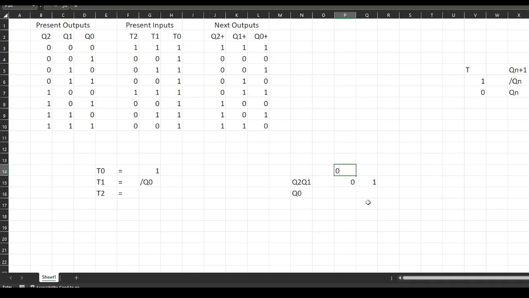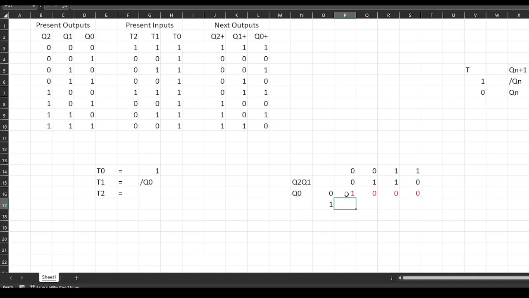Okay, let's write 0 0 0 1 1 1 and 1 0. Those are q2 and q1, right? And on the vertical axis we have just 0 and 1. So in this case what we can do is write what t2 is. Just fill these values up, so you get 1, 0 0 0, and then you get